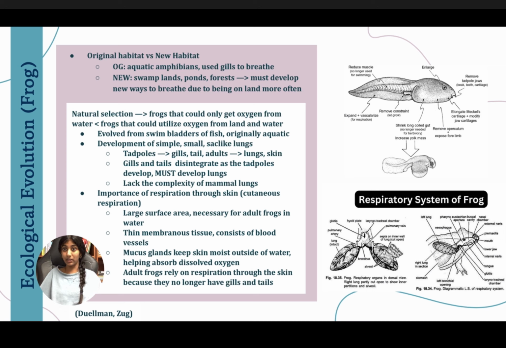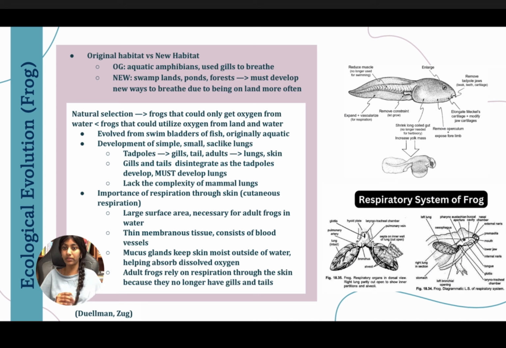So they have to develop lungs. They don't have the complexity of normal mammal lungs, and so respiration through their skin is also really important for them. This is known as cutaneous respiration. The larger surface area to volume ratio for the skin is really necessary for the frog because it helps with oxygen transfer, and